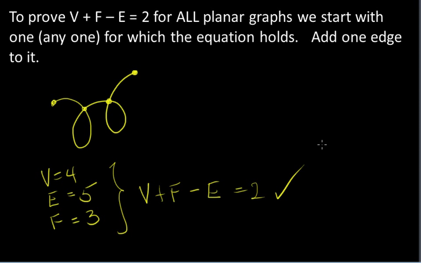So given any planar graph that does satisfy Euler's characteristic, I want to show you what will happen if we